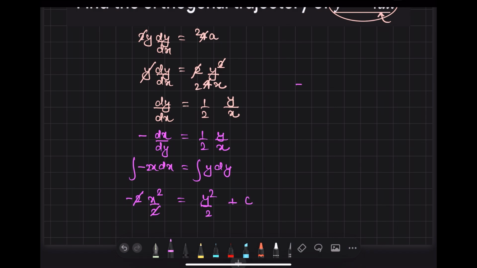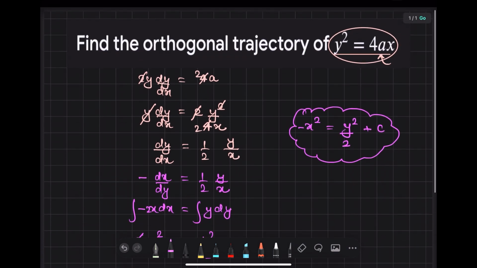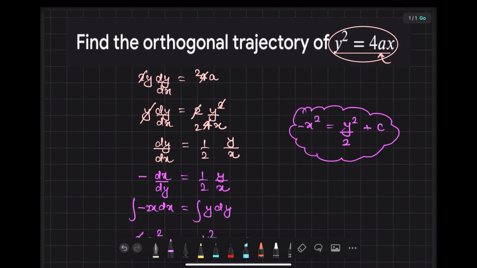Therefore the required curve is minus x square is equal to y square by 2 plus integration constant c. So this is the orthogonal trajectory corresponding to the given curve. I hope the idea is clear and you guys can